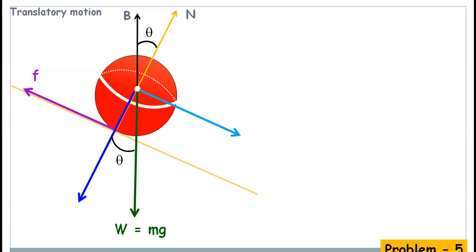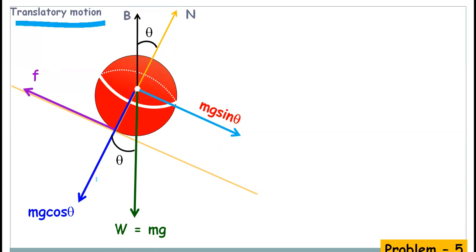So the perpendicular component will be inclined at an angle theta with the gravitational force. Therefore, the component that forms the angle theta will be cos theta times the vector being resolved, and the other component will be sin theta times the vector being resolved. Here the gravitational force, that is the weight mg, is being resolved. So the component perpendicular to the inclined plane will be mg cos theta, and the component parallel to the inclined plane surface will be mg sin theta. Okay, now